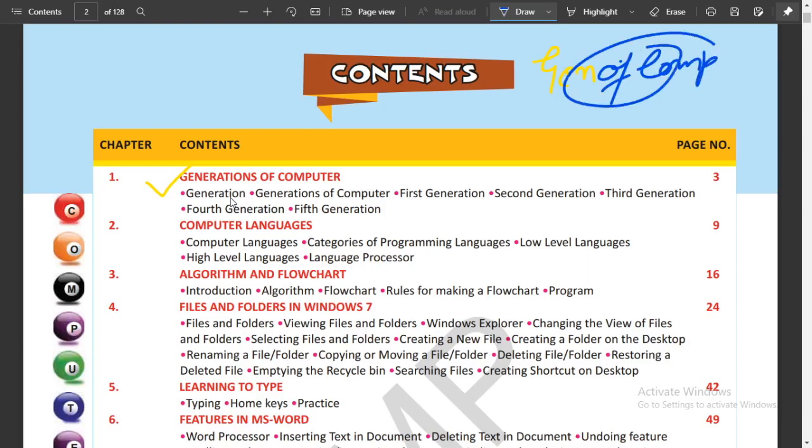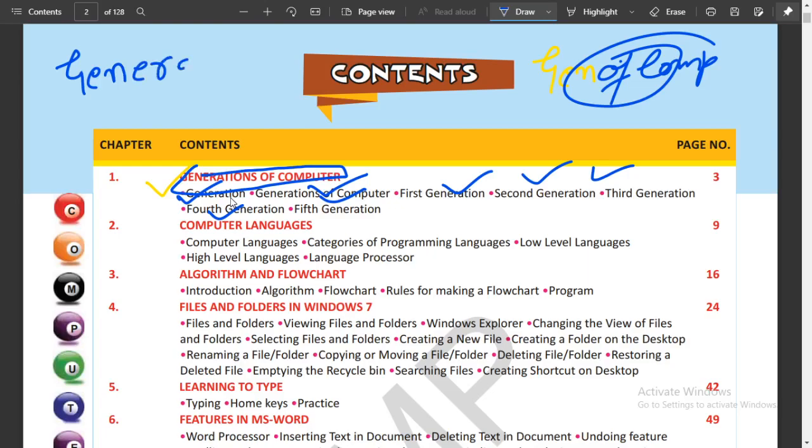So first of all, what do we have to read? We have to read generation of computer. In this chapter we will study the first, second, third, fourth and fifth generation. Means we have to read only these 5 generations. What do you mean by generation? Generation means whenever there is so much change, a big change